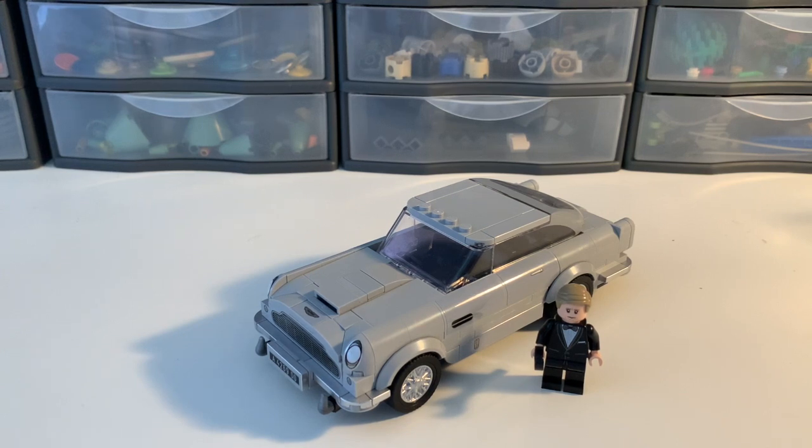I'd really like a DeLorean from Back to the Future, or just a regular DeLorean, but Back to the Future one would be better. And I'm sure there are other franchises out there with fast cars that they could make replicas of, you know, with the new Mad Max film coming out at some point in the future, maybe something from that, who knows. But anyway, I think this is a good